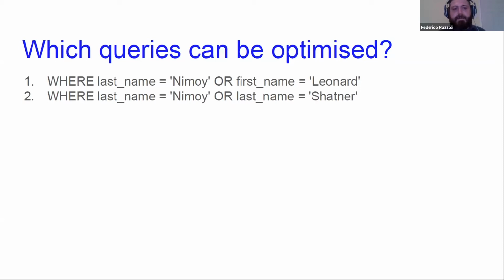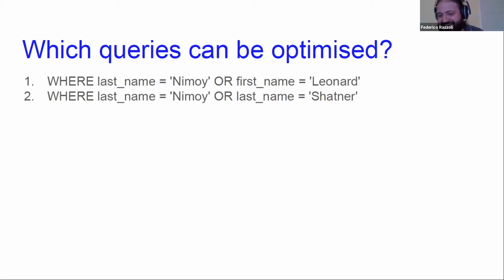So it can be done using indexes, of course. The first one cannot use an index because even if we could use an index to find all the Nimoys, it wouldn't help because then we would need to find all the Leonards.